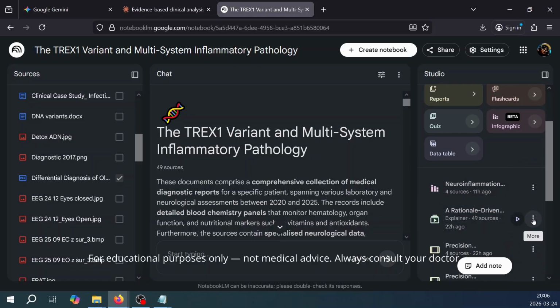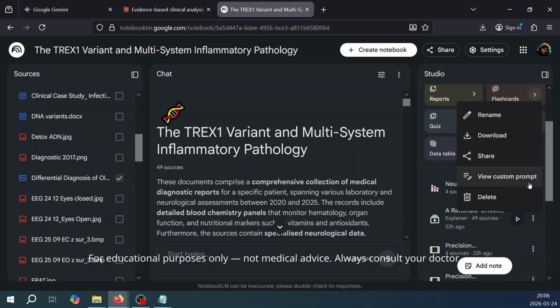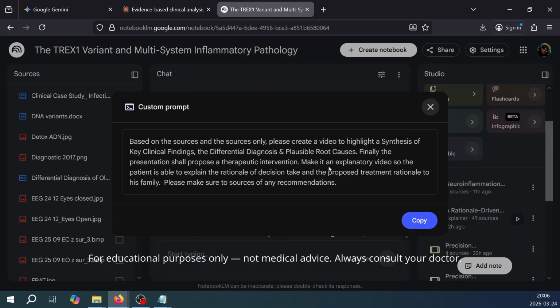Here I'm going to show you the prompt I used. Sorry, there's a couple of typos in it, but here it is. I said, based on the sources and only the sources, create a video to highlight our synthesis of the key findings, the differential diagnosis, the plausible causes, and the treatment. So I used exactly the same prompt that I did for the presentation. But then I said, make it an explanatory video so the patient is able to explain the rationale of the decisions and the proposed treatment